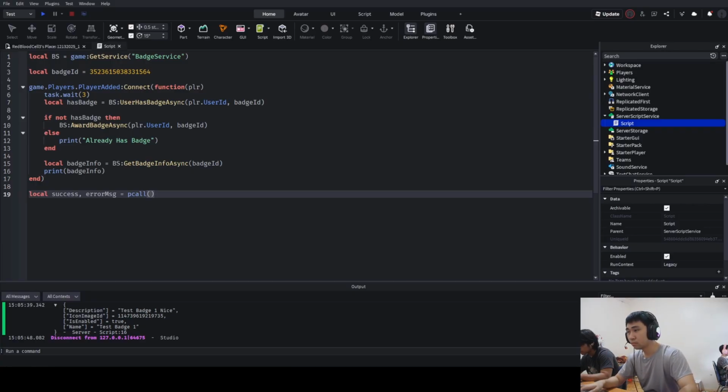And then our second argument is going to be the instance, also known as the service itself, that we're going to pass in. So it's just going to be BadgeService. We're going to pass in BadgeService, and then the rest are just additional